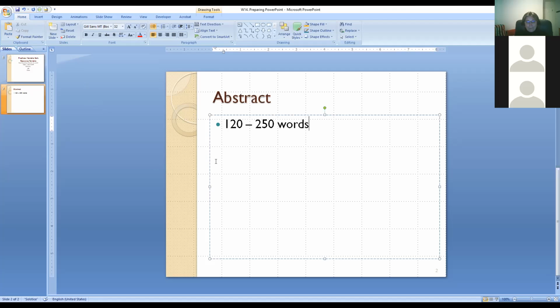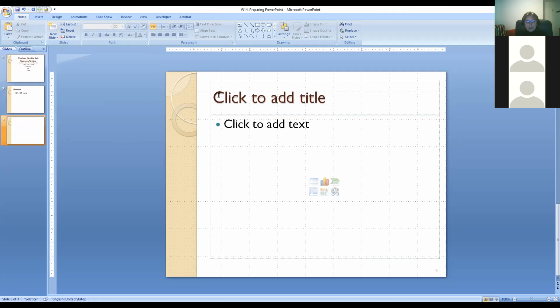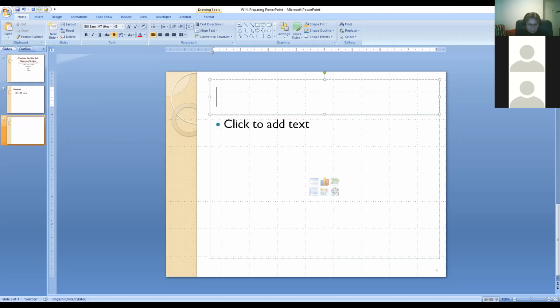So who can tell me what my next component is going to be, or the way we call them, sections in the text? What follows abstract? Intro, yes, good, Kim and Monica, perfect. So I'm going to create a new slide. I'm going to click on the new slide, and I'm going to call it introduction.